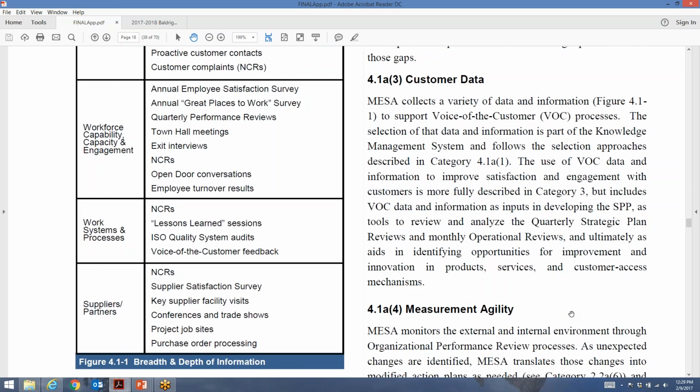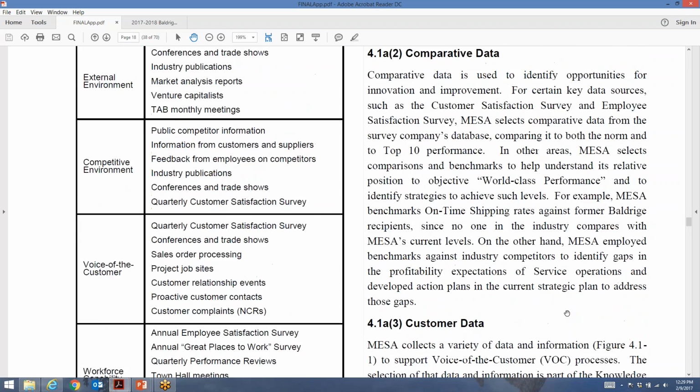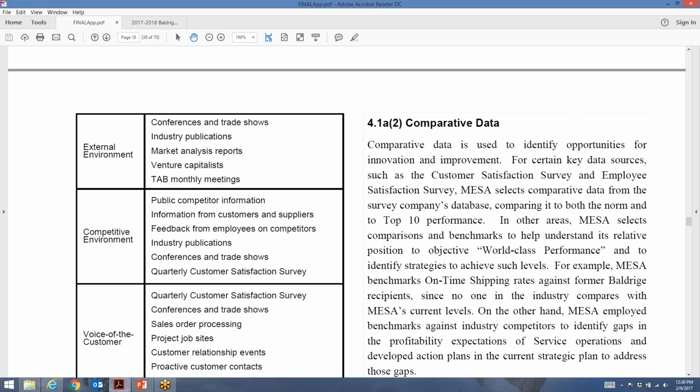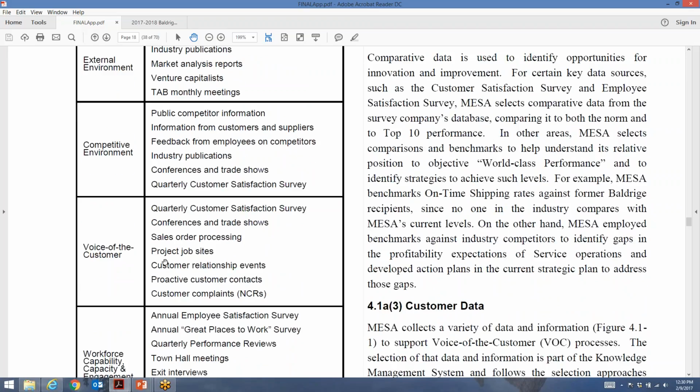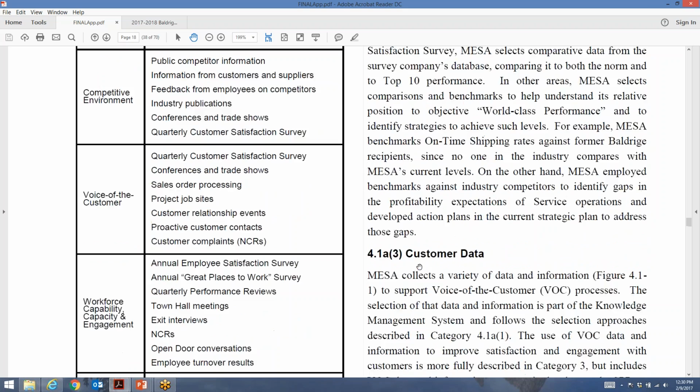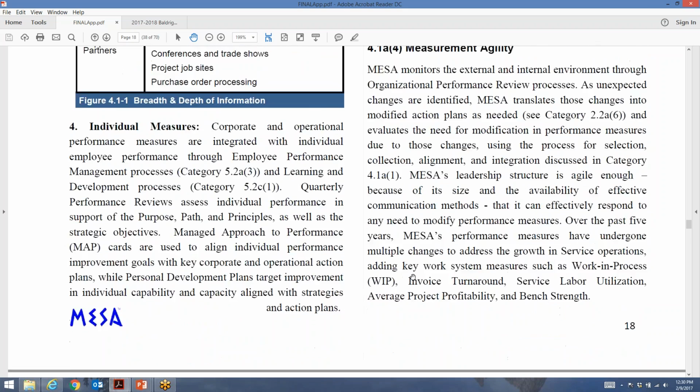Category 4, going to ask you about information that you use and comparatives that you might get. Let that be a table. Put that in the table. Here it's asking about how we get information to assess the external environment, our competitive environment, voice of the customer. And again, I think this criteria changes a little bit, but it's similar. For those bullet points in category 4, what data and information do you use? Put that in the table. Just list all those different ways, and clearly, you've got multiple approaches for doing that. Do the same thing with comparative data, a table there.